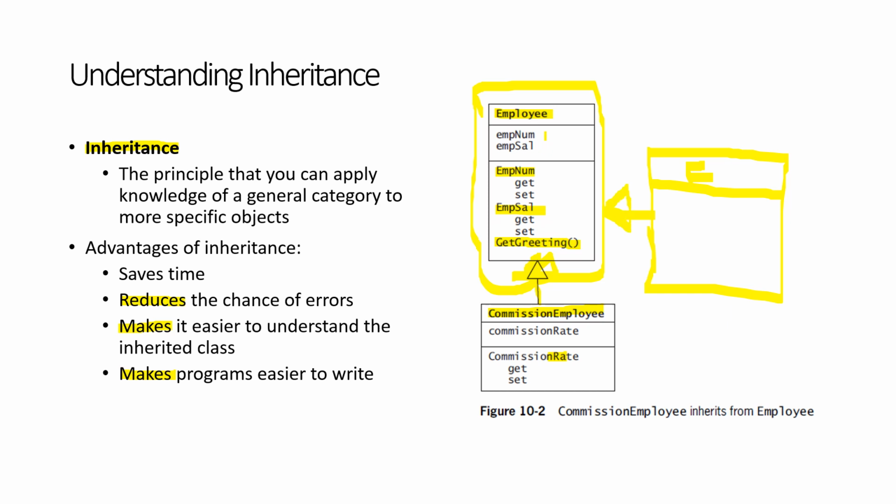Okay, so these are now groups of employees. So remember what I said? We said that this allows you to group your classes. Inheritance allows you to group your classes so that there's a relationship between the child class and the base class. Okay,